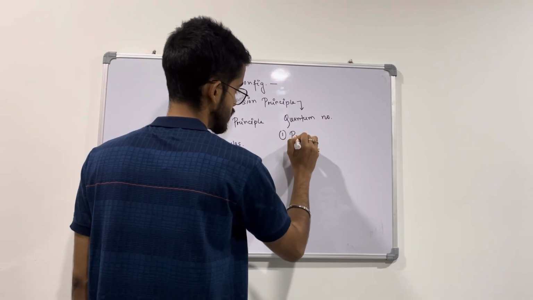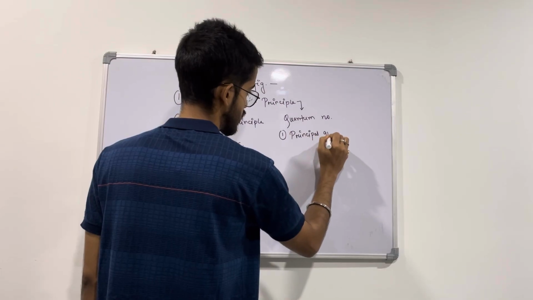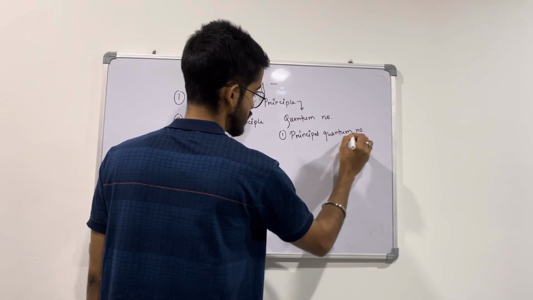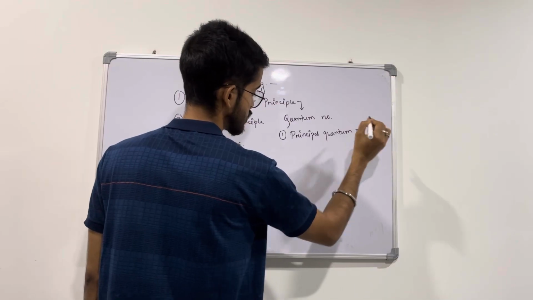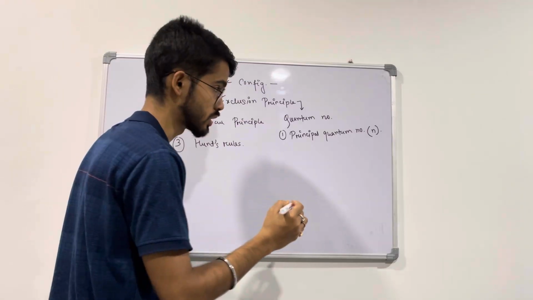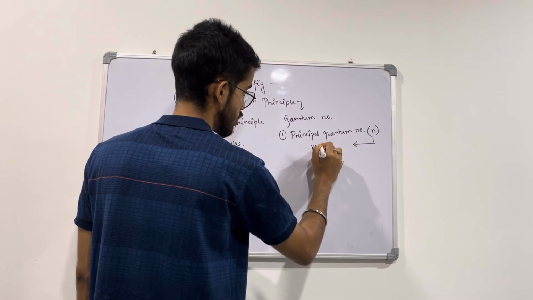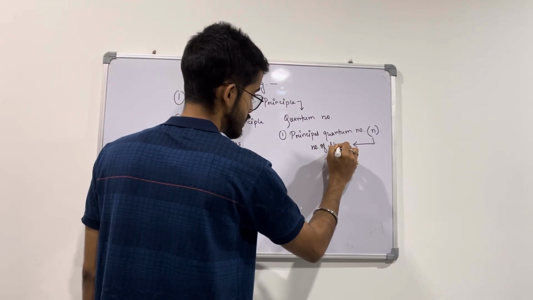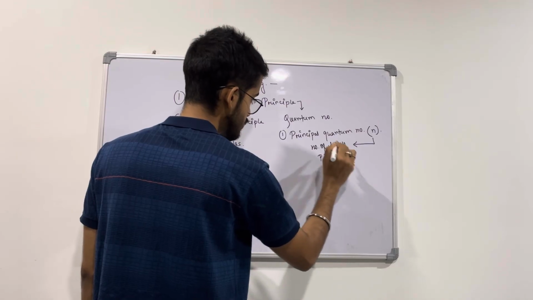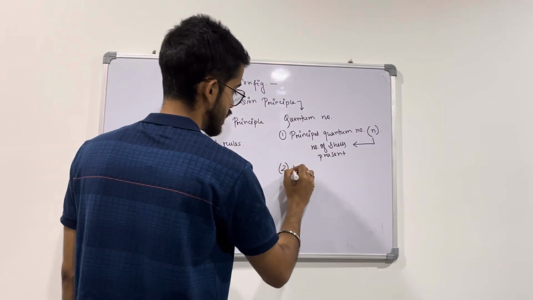Number 1, principal quantum number. Principal quantum number, it is symbolically denoted by small n. So principal means it is the most important. So what does it signify? It signifies the number of cells present. Clear? So second is your azimuthal